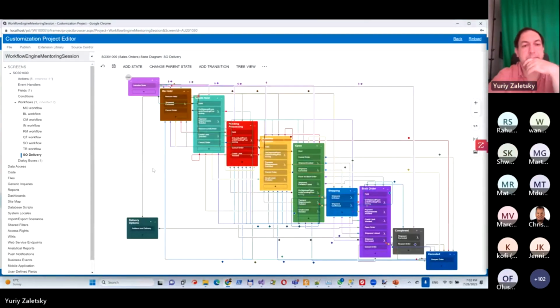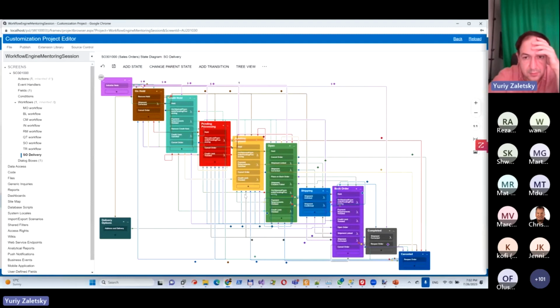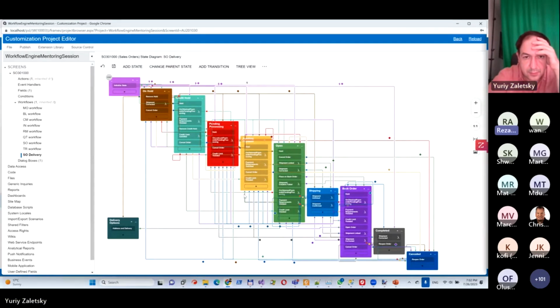Yes. So you see, after on hold, you have a pending. There is the pending approvals. We have pending processing. This is sales order workflow, not purchase order. Okay, so you don't have it in here. So any document that you have assignment and approval map on, your pending approval sits right after the on